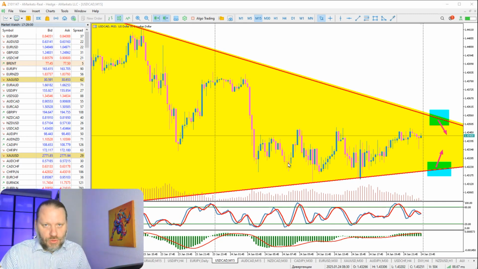These are selected signals with reversal points, indicating where I think the price will go, on which we make money